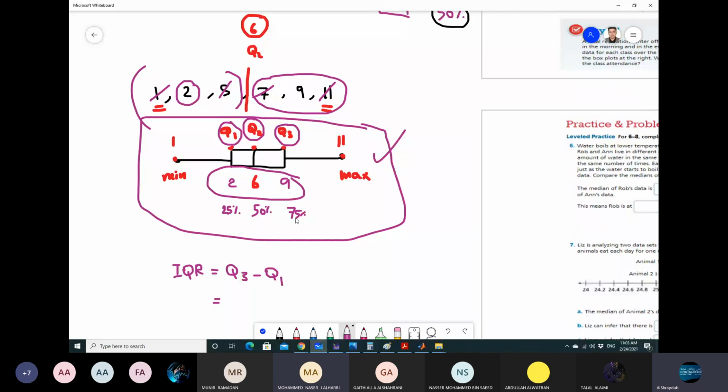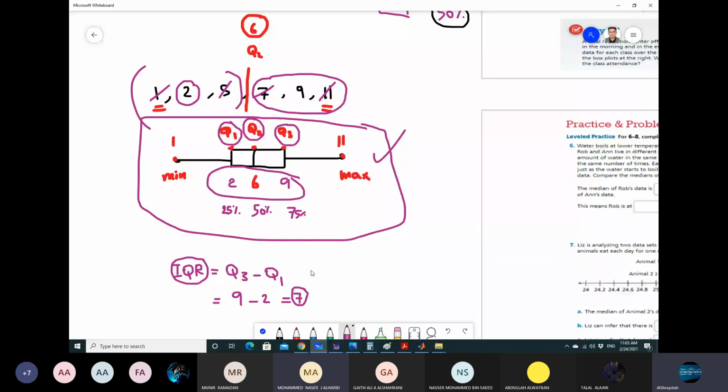Q3 minus Q1. What's the value? 9 minus 2 gives you 7. So this measure, the IQR or the interquartile range, is a measure